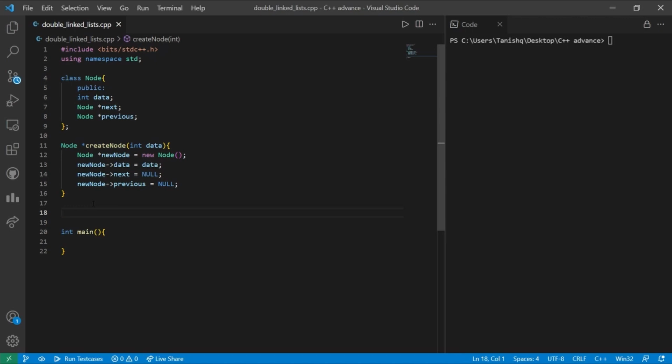Now let us create a function to insert a node. In order to explain, we'll be creating a function which will accept the reference of the head node as the argument, so that the changes we make are directly reflected without any return type.